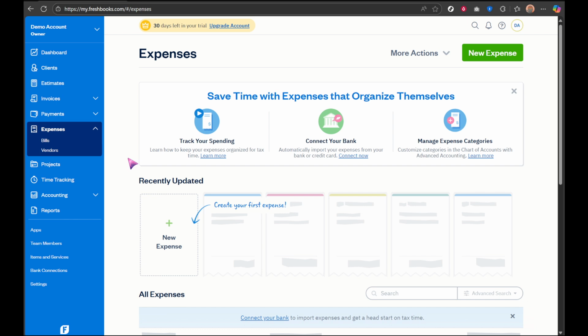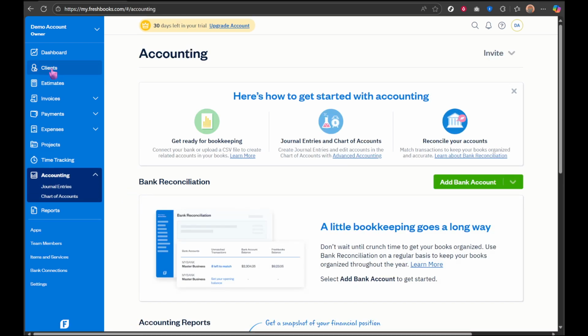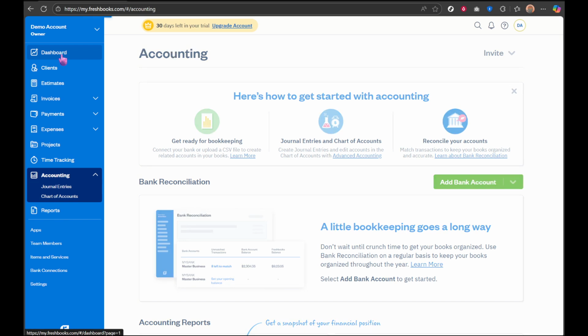That's all there is to it. By following these steps, you can effectively reconcile your PayPal account in FreshBooks. This process not only helps keep your records accurate, but also ensures that your financial statements reflect your true business